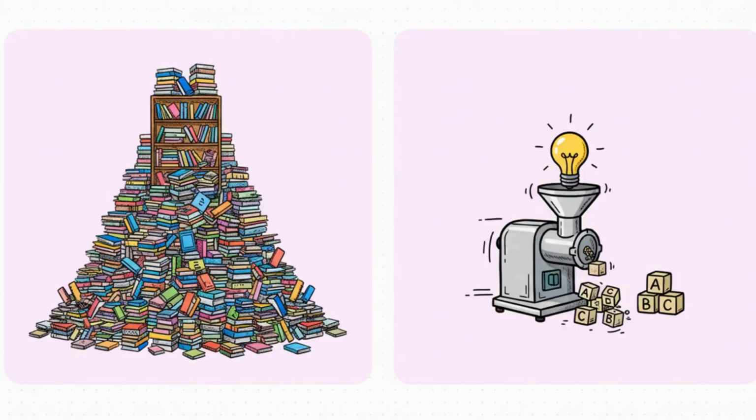Let's break that down. On one side, you have word tokenization. This is the too big approach. It treats every single unique word as its own special token. The problem? Well, for all the text on the internet, the vocabulary, that's the master list of all possible words, it becomes absolutely enormous. On the other side, you've got the too small approach, character tokenization. Just split everything into letters. The vocabulary is tiny, sure, but you lose almost all the meaning. It's like trying to read a novel by just looking at a pile of individual letters.